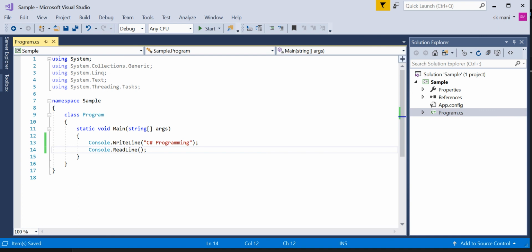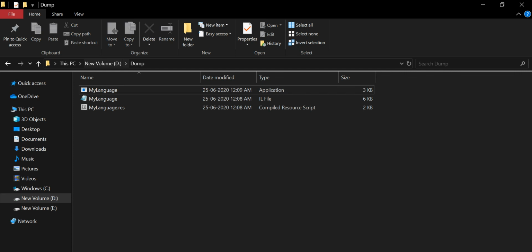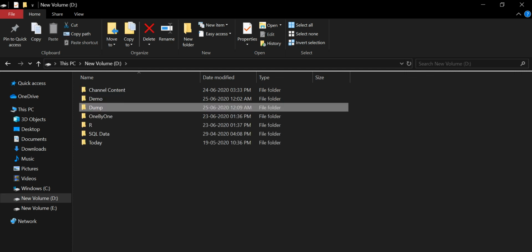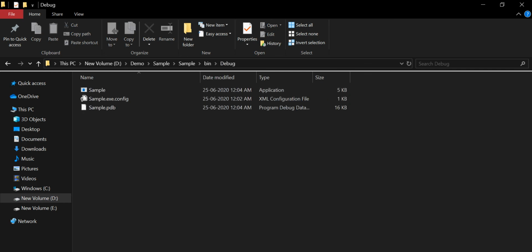So now once again you just build your project, go to the project folder. So in demo, instead of this sample, we have our application which is generated. Just check whether your project is built or not.